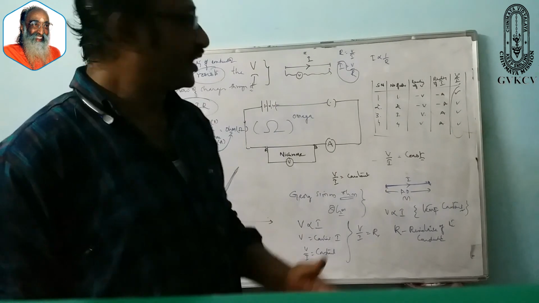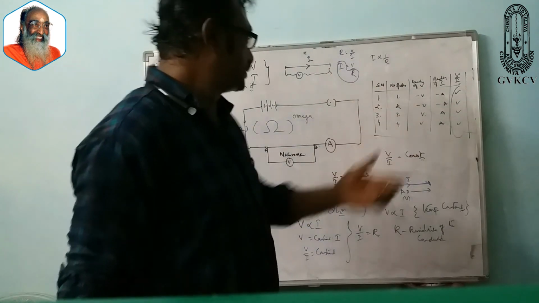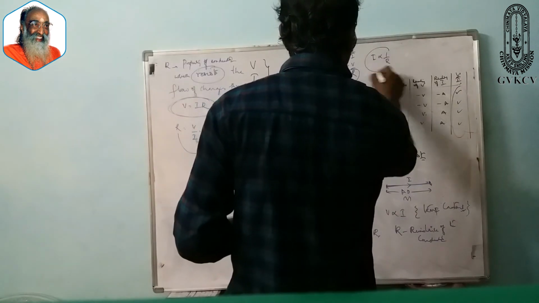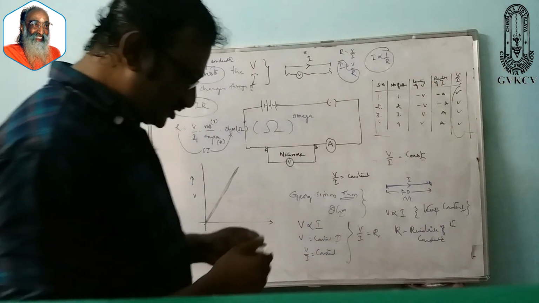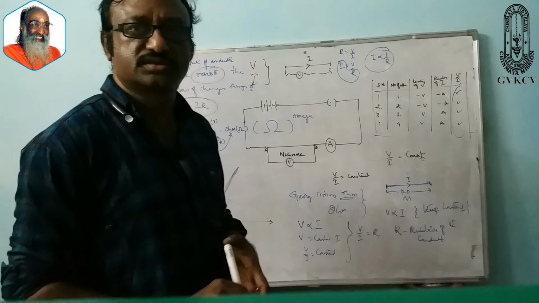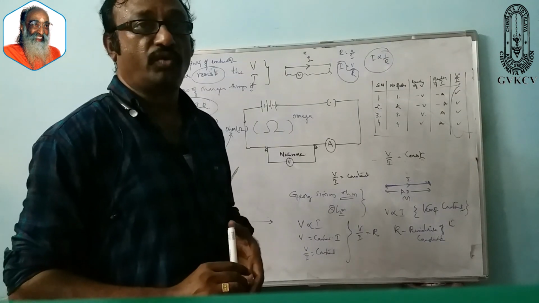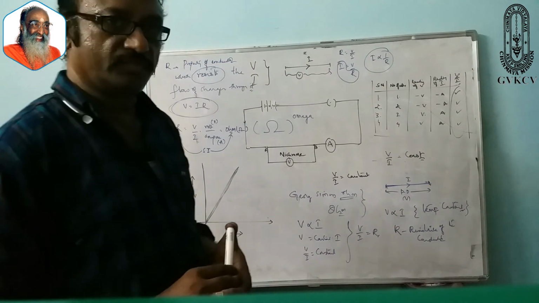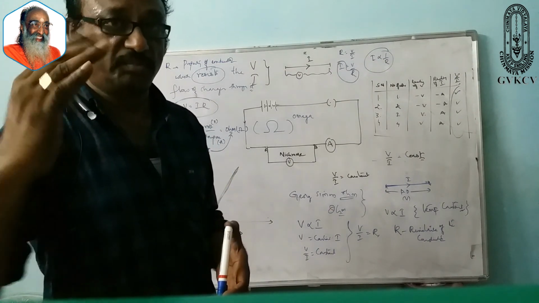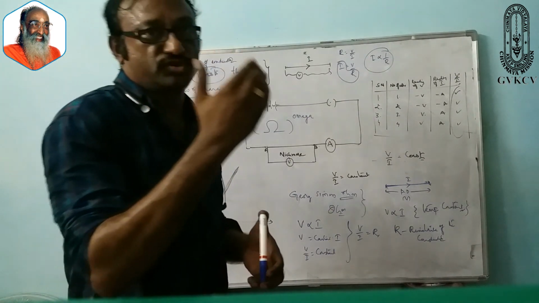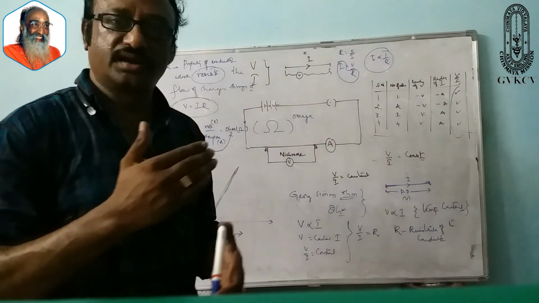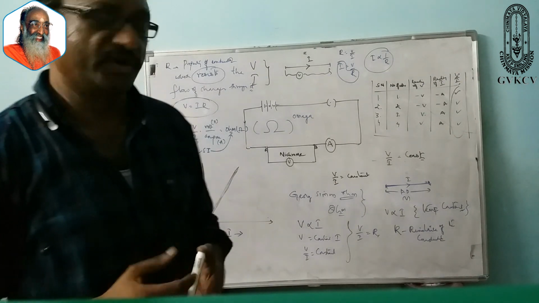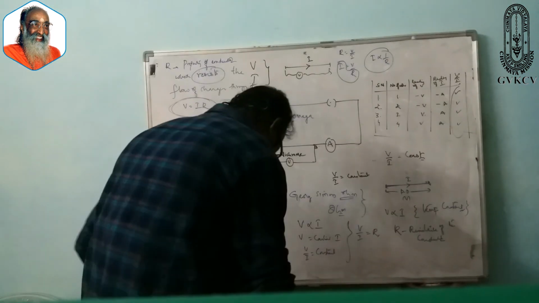So from this, usually the question will be asked like this: if the resistance is doubled, what happens to the current in the conductor? A simple question. If the resistance is doubled, that means increased, what happens to the current in the conductor? The current in the conductor decreases. How much does it decrease? If the resistance is doubled, the current becomes half. Okay, so like that we can go with the questions given for that. Take a screenshot of that and later we will come back.